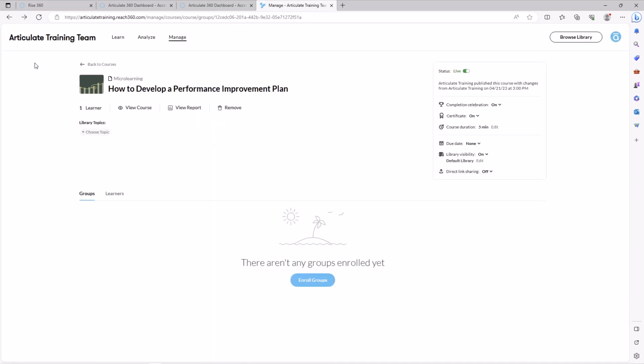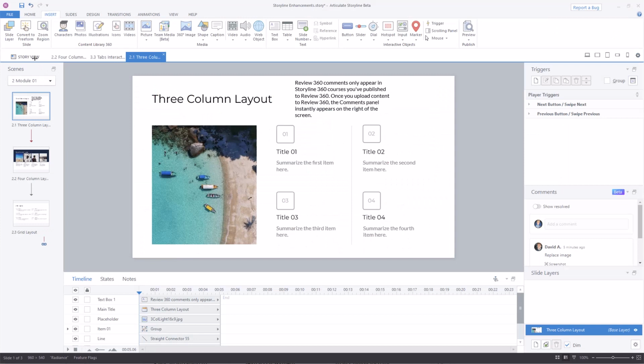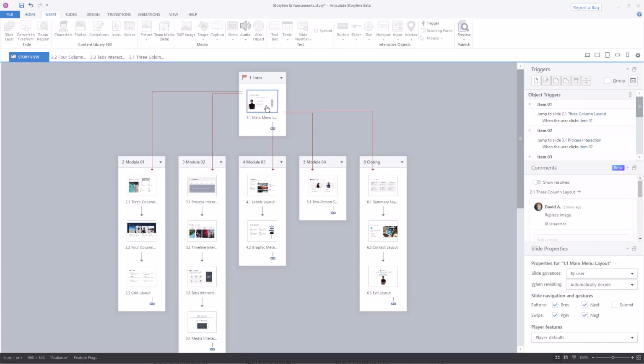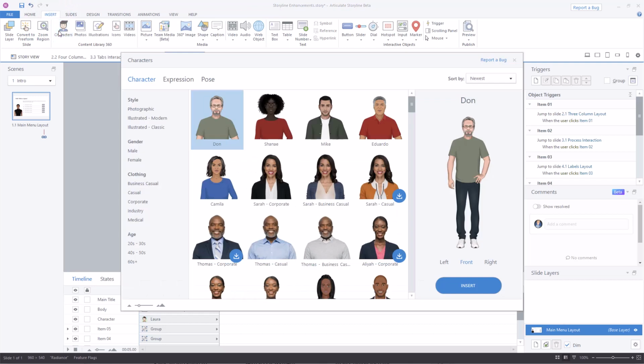All right, last, let's take a look at some recent product content updates, some recent releases here. So first, let's jump back into Storyline and look at two new Modern Illustrated characters that were released. It doesn't matter where we are in Storyline. If we go to Insert, I guess we need to be on a slide. So let's go into a slide, Insert tab, and then under Characters, you have two new options here